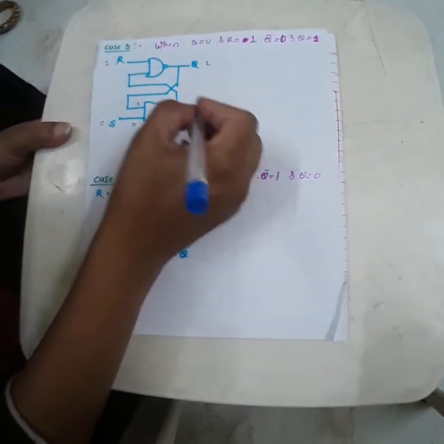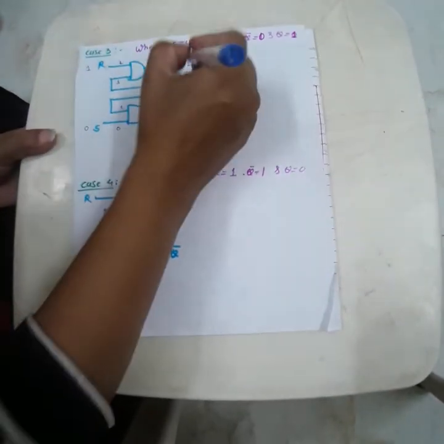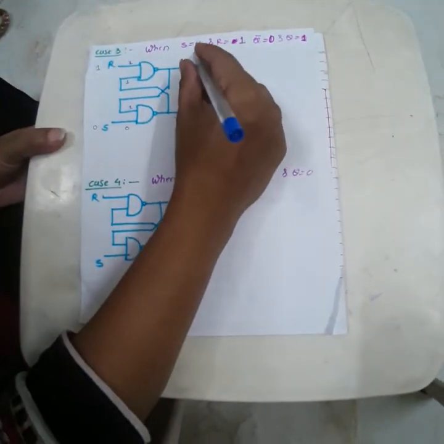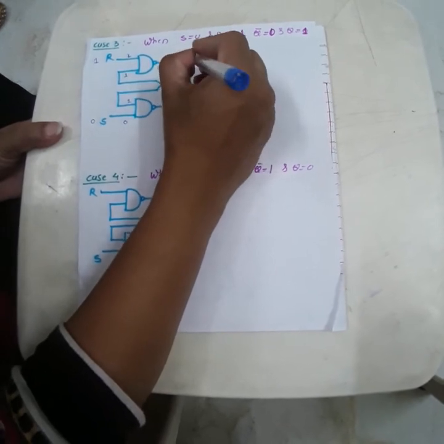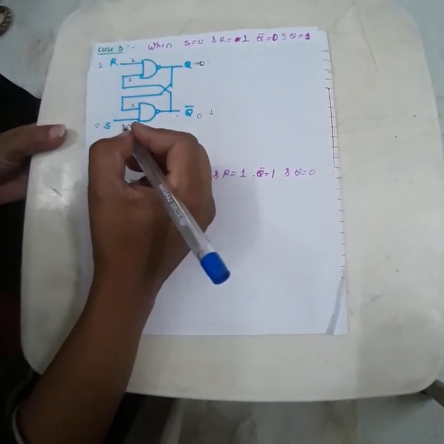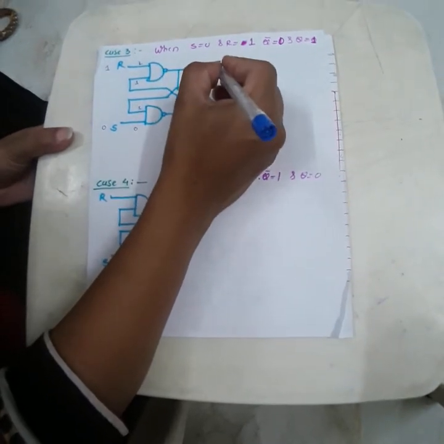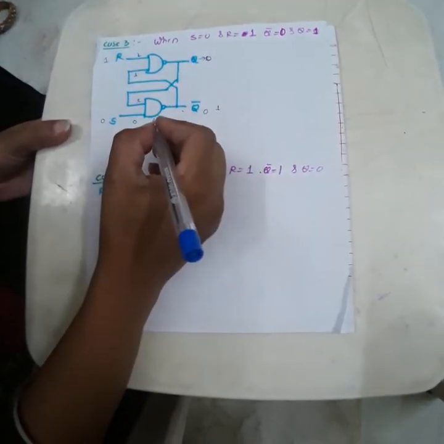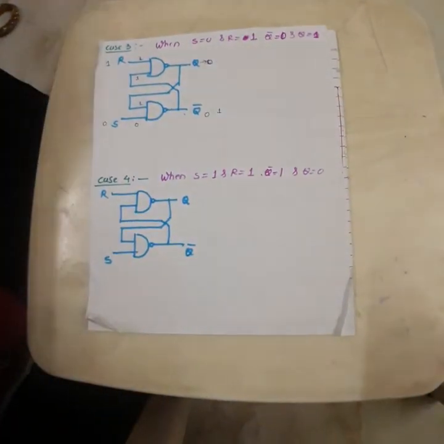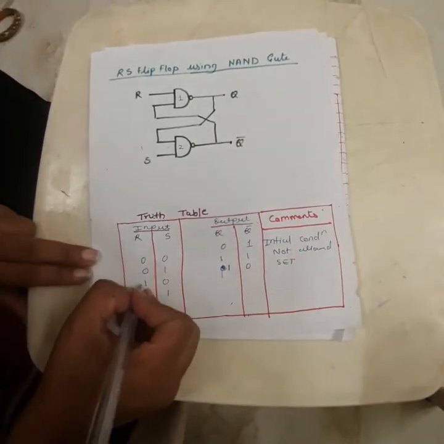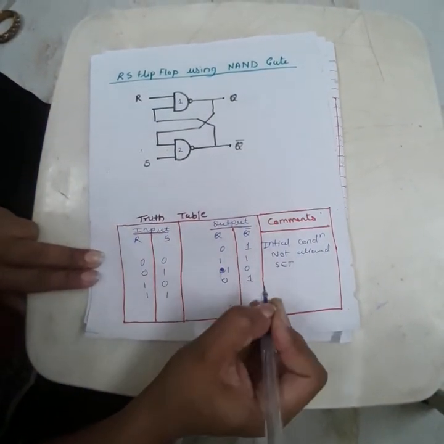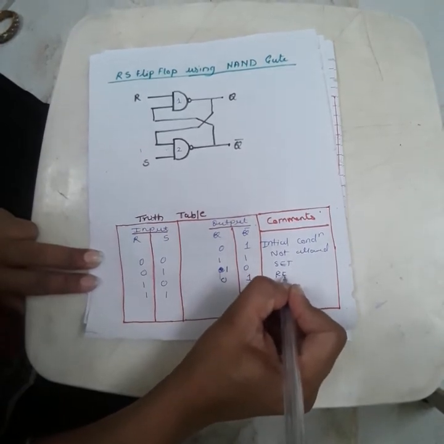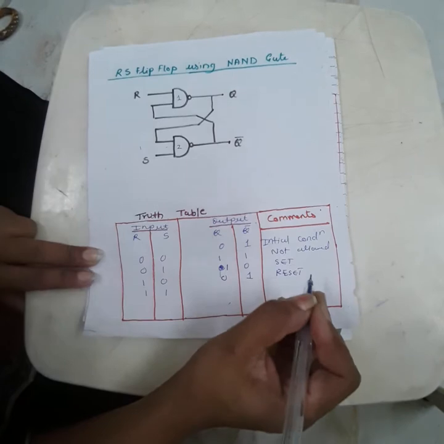Okay. Now this is the input of the first NAND gate. So this is 1 and R is also 1. So 1.1 we will get 0. That means when S equals 0 and R equals 1, your flip-flop resets to 0. Q was 1 earlier, so what has happened now? It has become 0. So it is called the reset condition of the flip-flop. So when R equals 1 and S equals 0, your flip-flop resets to 0 and Q bar is 1. So we call it the reset condition of the flip-flop.